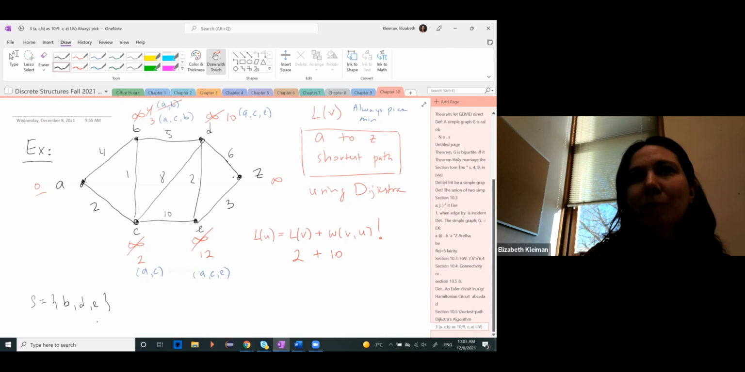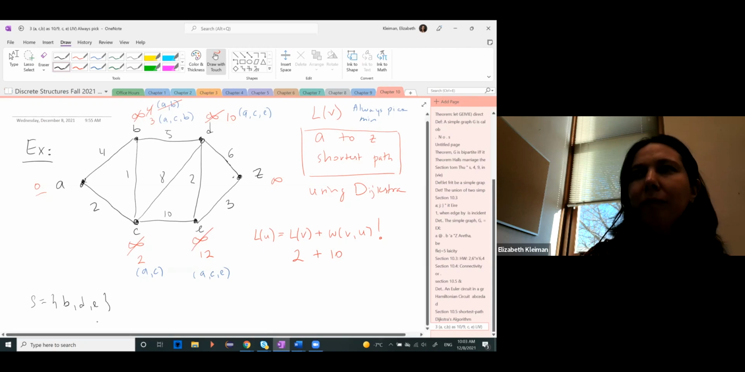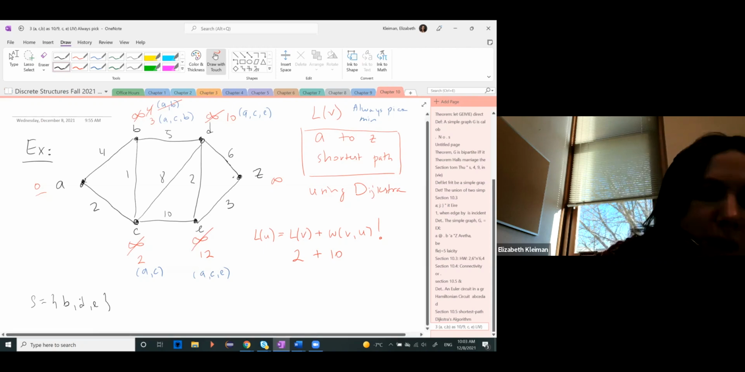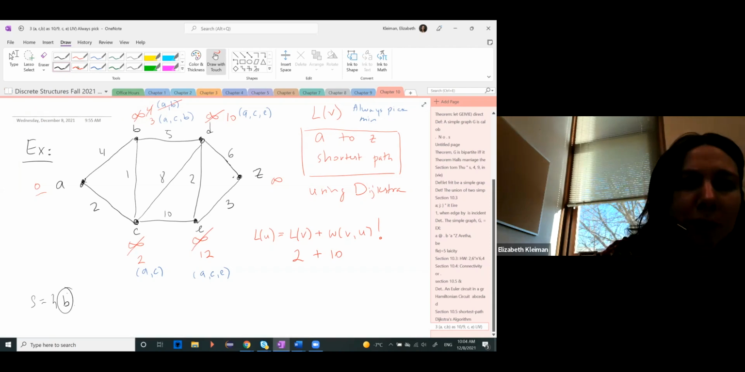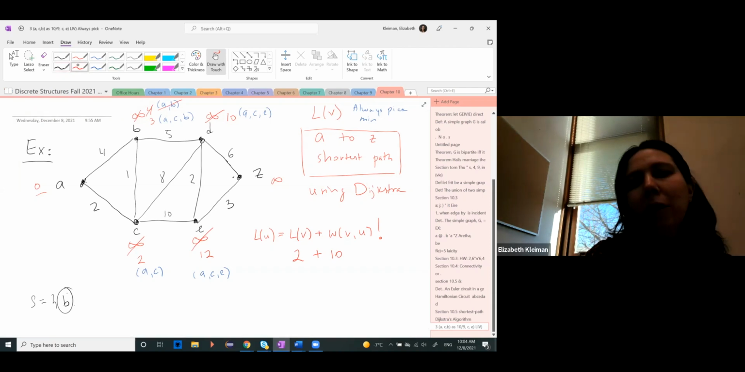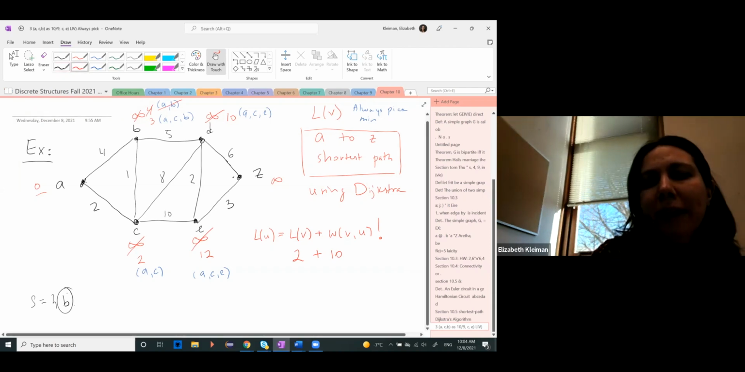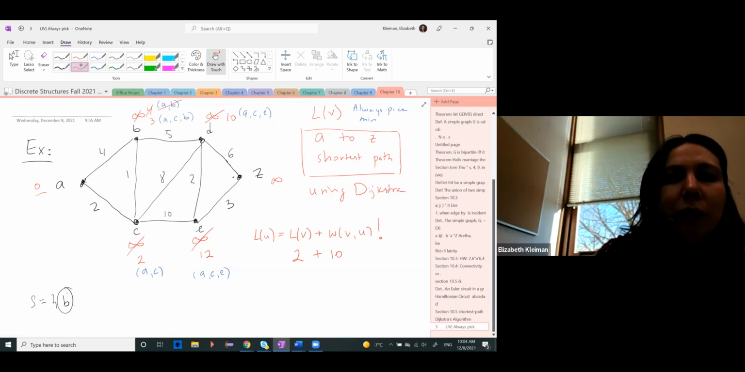Which one has the smallest value? B, correct? So now we're going to do the B. When we do the B, we need to look. From B, we can get to D. And the weight in this case is going to be,